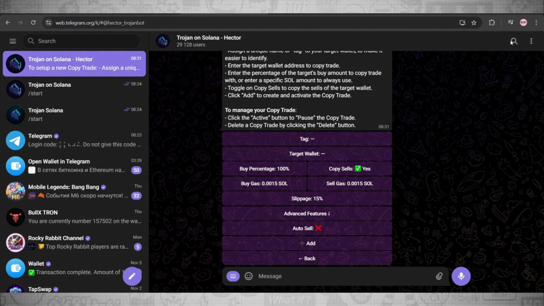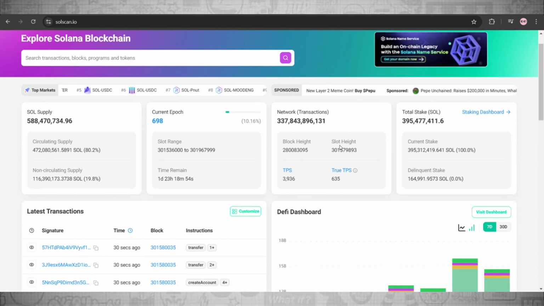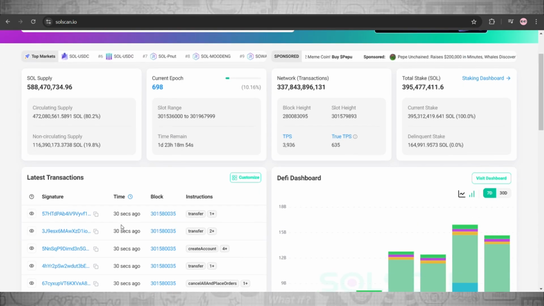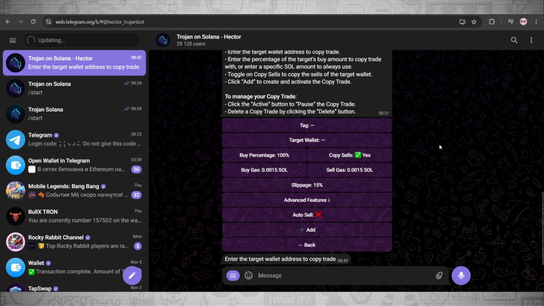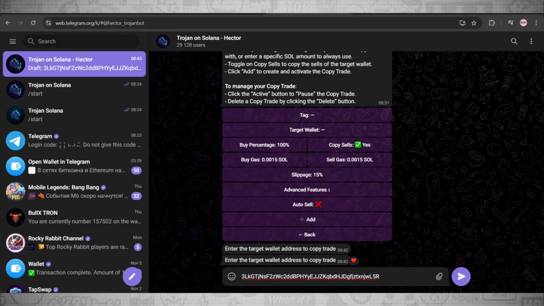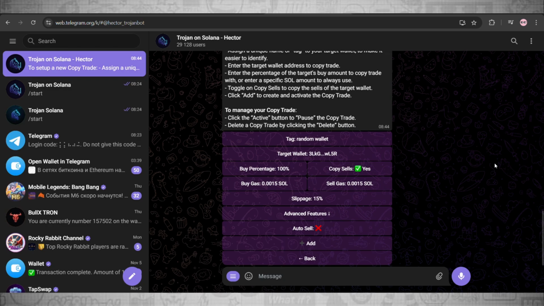Now we gotta fill in these options, and the first thing is we need a targeted wallet. Now to find a targeted wallet, we can just head over to this website. Here I will just copy a random wallet address, and we'll see how we can copy this person's trades. Now here we will click on this target wallet option, and we gotta paste in the address here. As you guys can see, my targeted wallet address is now added in here,